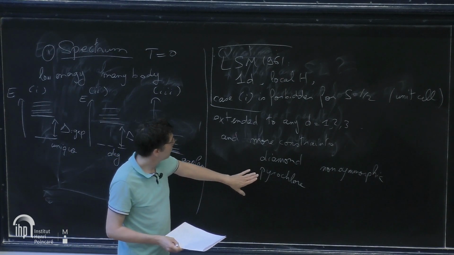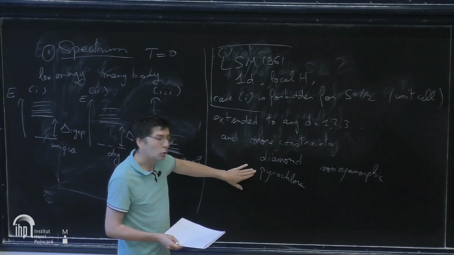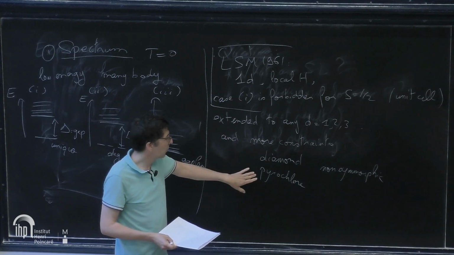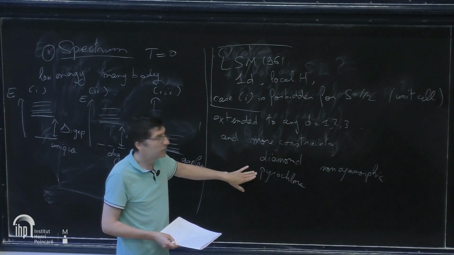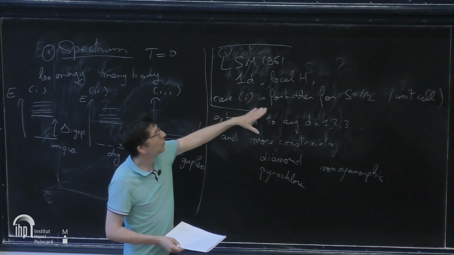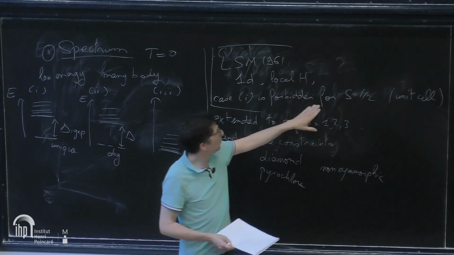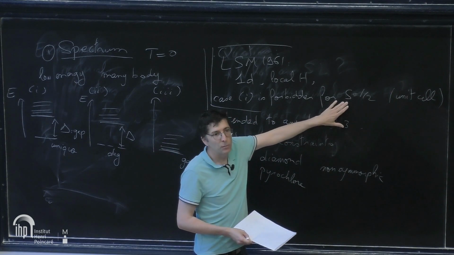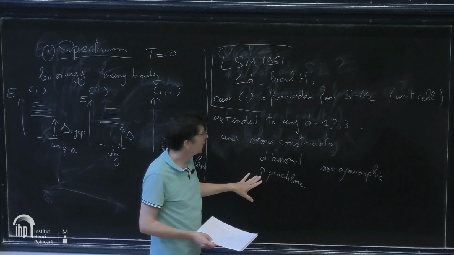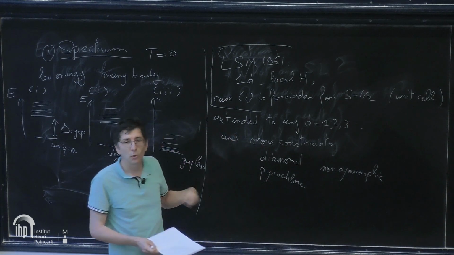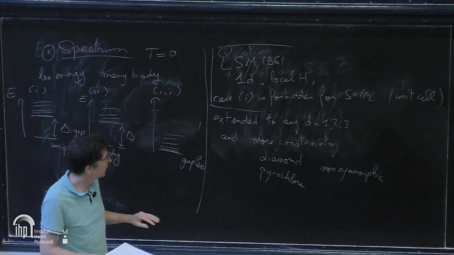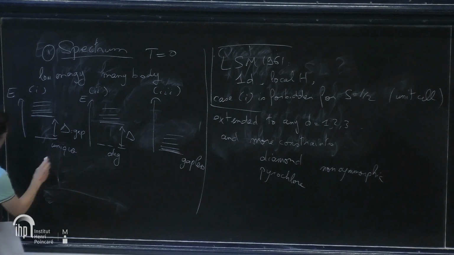And for instance, this pyrochlore, think about spin 1/2, it has 4 spin 1/2 per unit cell. So this theorem doesn't apply. It only applies when you have a half-integer spin per unit cell. So it doesn't apply, but there is a refined version which applies. So it's impossible to have a featureless state. So this is called featureless,